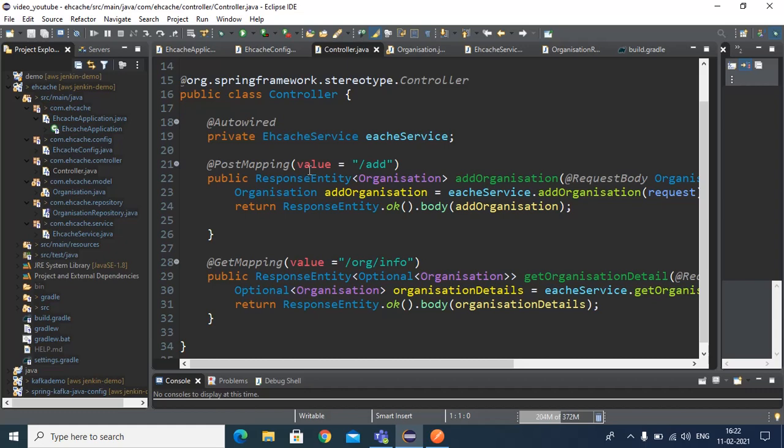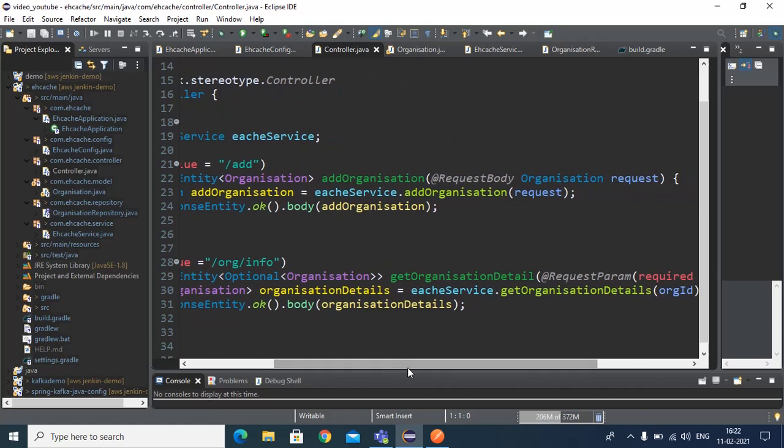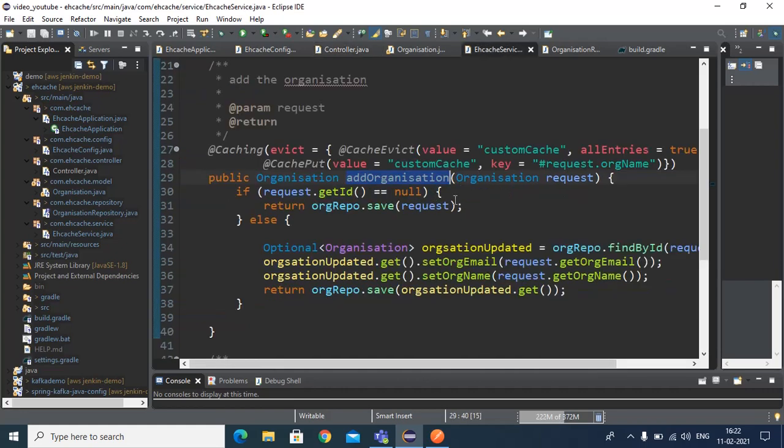You can see that I have written a post call here, add organization, and then here I am passing the organization object, and then I'm creating another. Here you can see that I have the add organization, and I'm saving the data into the database. So I have only one API to update and save the data. This is the part when we add a new organization, and this will run when we have an existing organization. So basically this is the updating part, and this is the adding part.